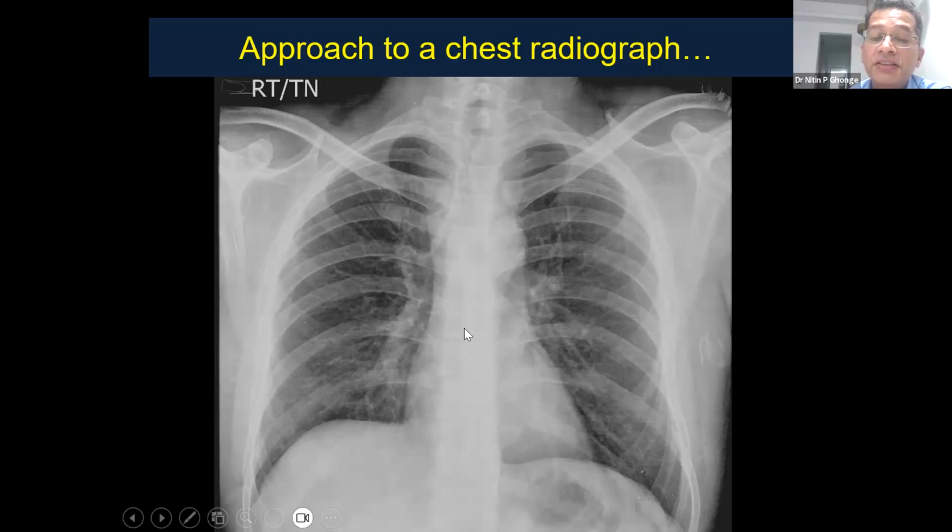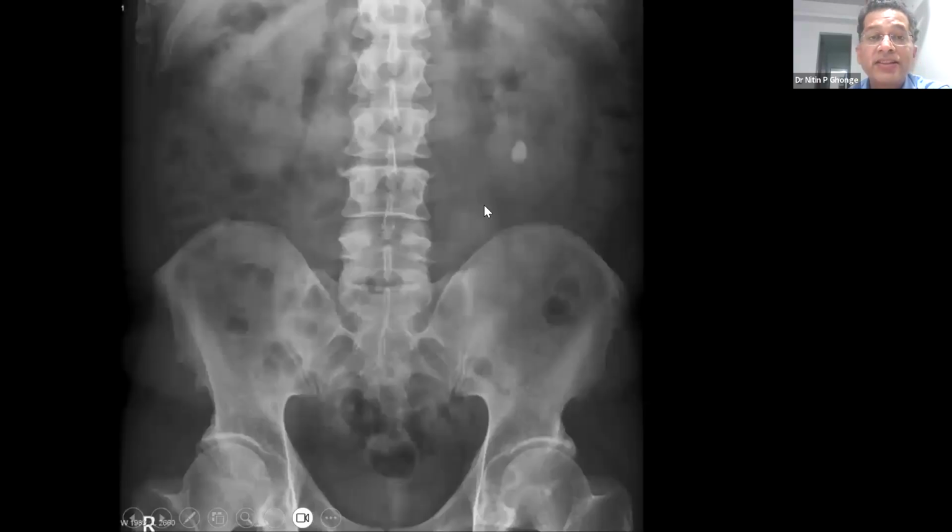As we can see, this is a normal alignment of the cardiac margin. So this is an example of a radiograph of abdomen where we can see the cardiac opacity very clearly, but on the left side we can see an increased density. Now you can see the increased density overlying the lower calyceal system of the kidney because of the renal calyceal